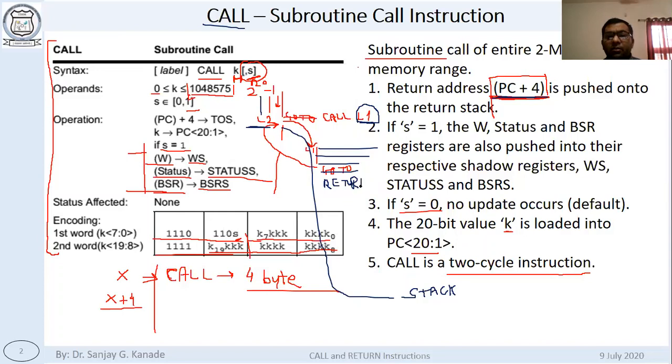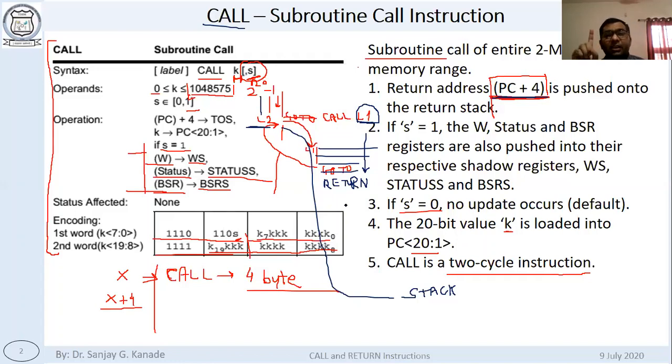Return. Whenever we are calling a subroutine, it is expected that the last instruction in the subroutine should be a return instruction.